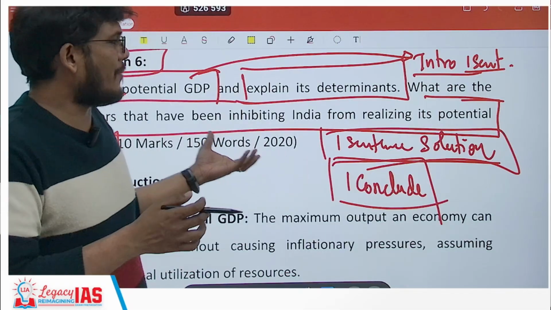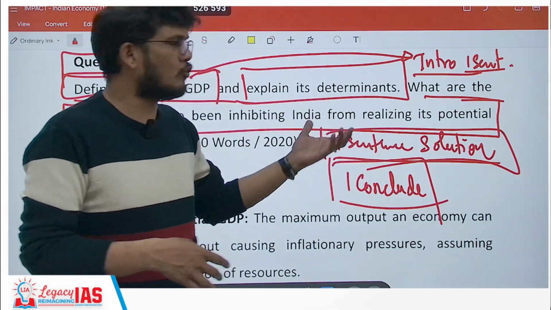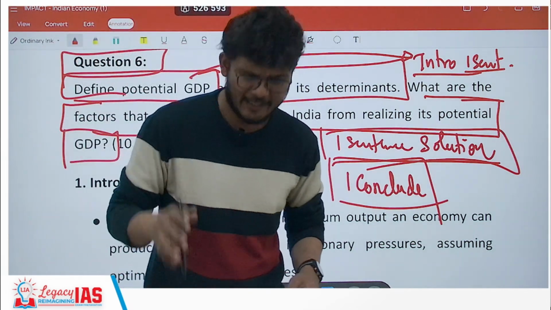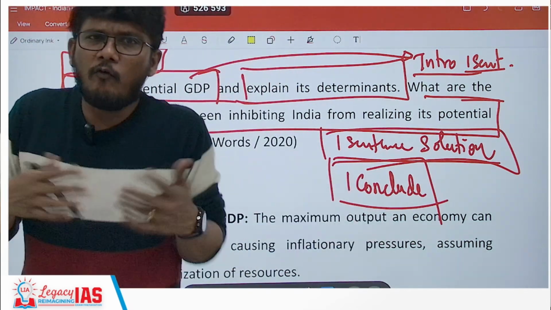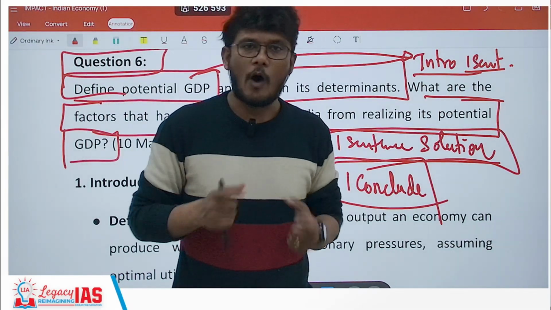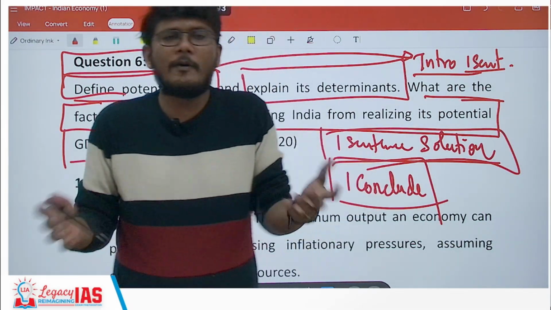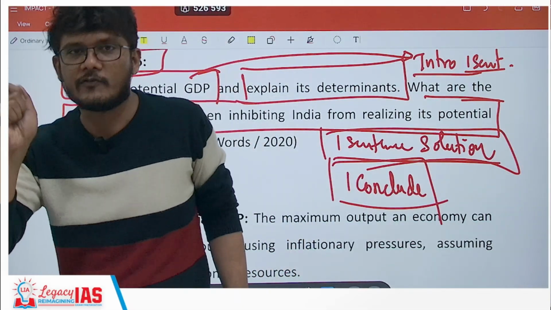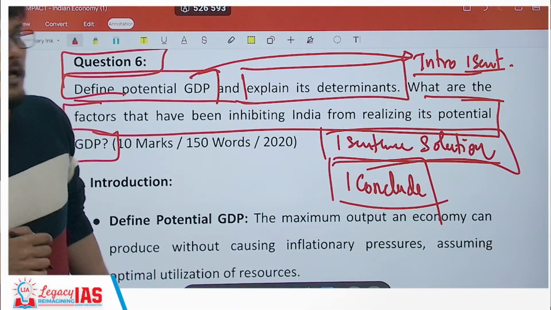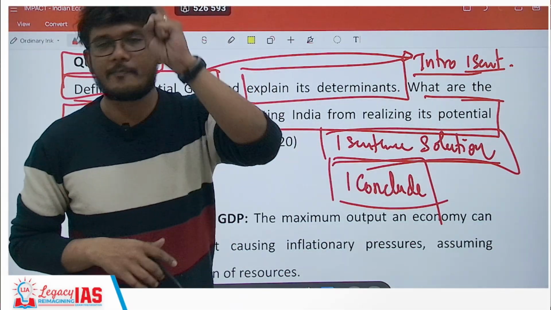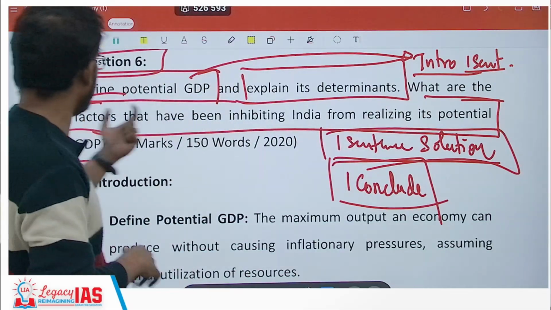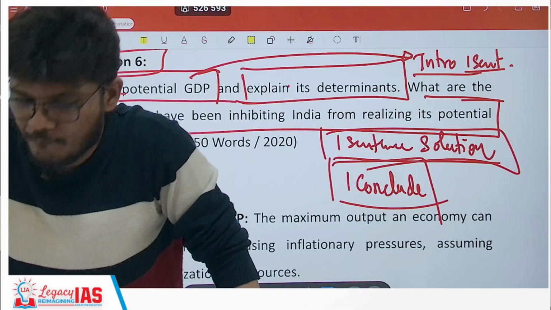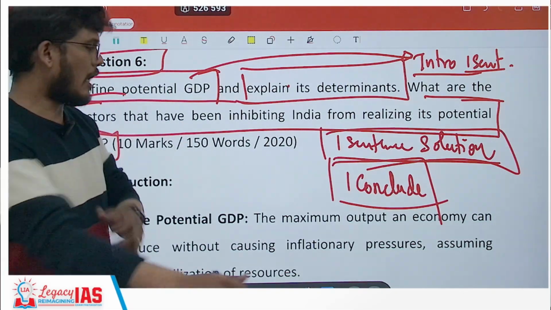Take for example, if your boss asks you what is the issue you are facing or what are the challenges you are facing in the present job, so if you just keep on telling the issues, it will be sort of cribbing. What if you tell the issues but also say, however sir or ma'am, or whomever you are addressing, that I have also identified that these can be the possible solutions. That is very much important. Here the solution should not be the major part, definitely, because the major part is going to be this, this and this, but a sentence of solution is required for getting that edge in your answers.